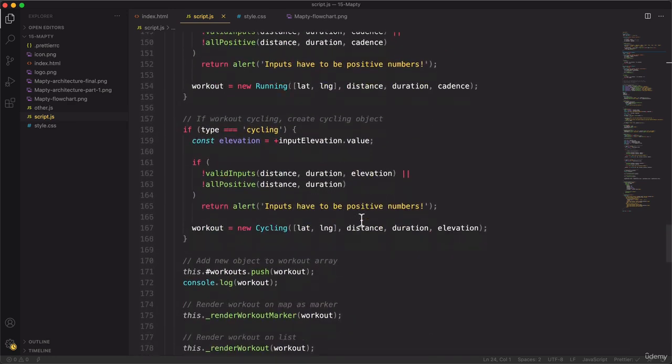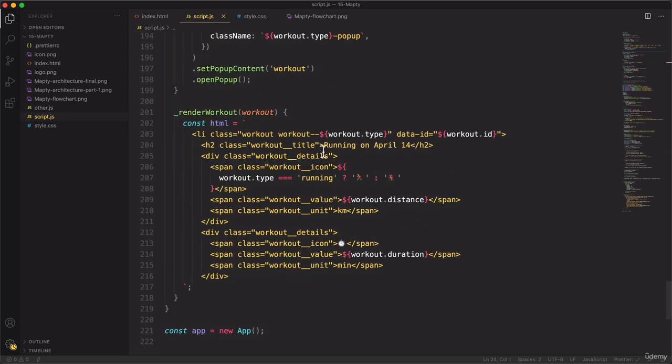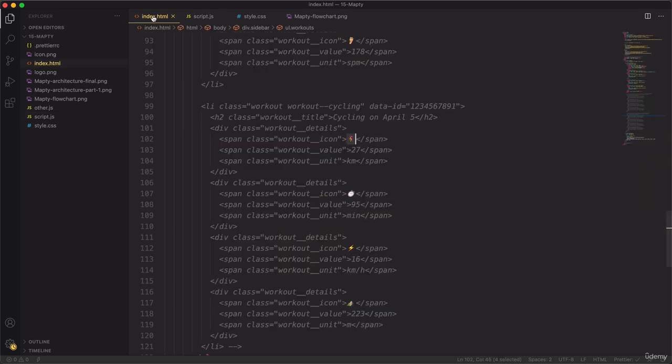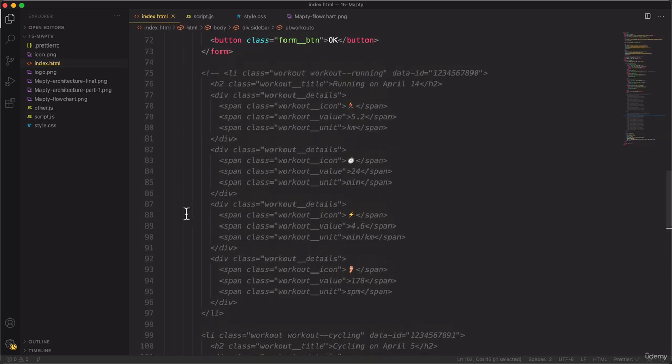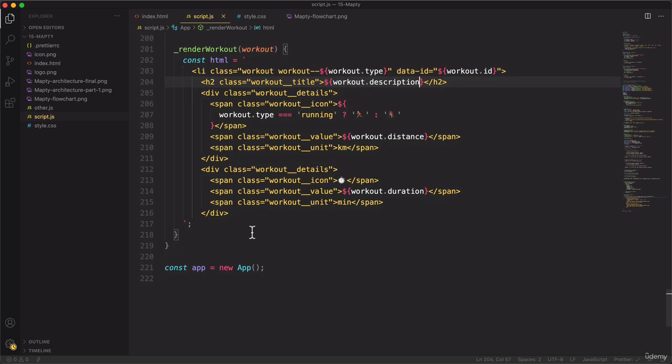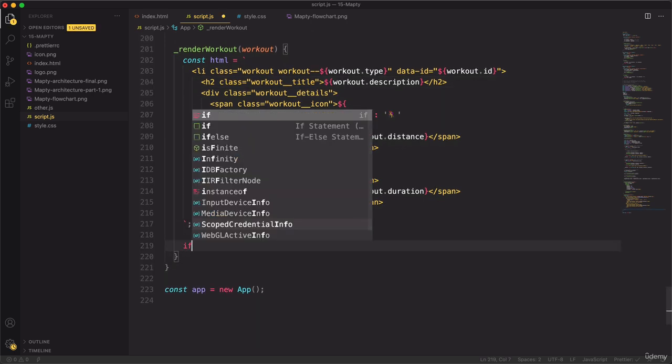All right, but with all that being said, let's now come back here and use this here, workout.description. So that's the part that is common to both. Now let's get the rest of it. So all of this, but this one is only for running. So let's copy it. And now here after this part, or actually here, we can now say if